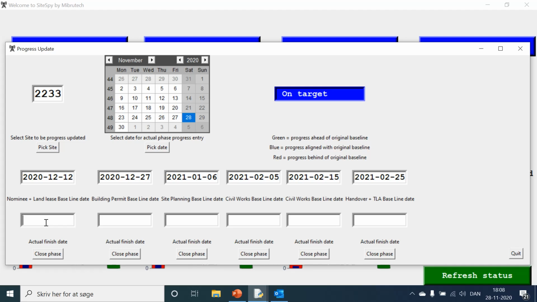So let's do that. We see that we are expected to close it off on the 12th of December, but let's try to be a little ahead. We say we finish on Friday that week. We pick the date and we pick the phase to close. Now we have closed off